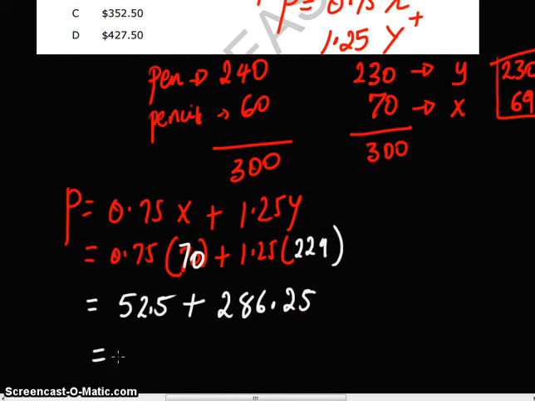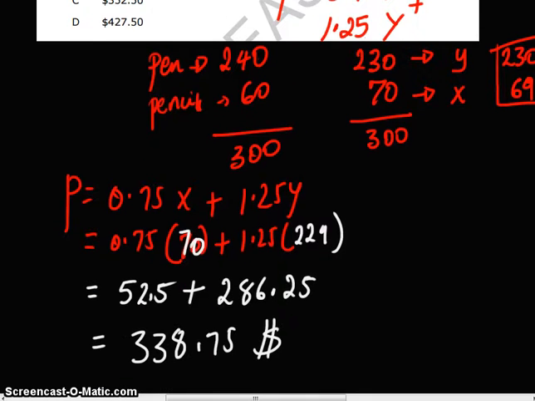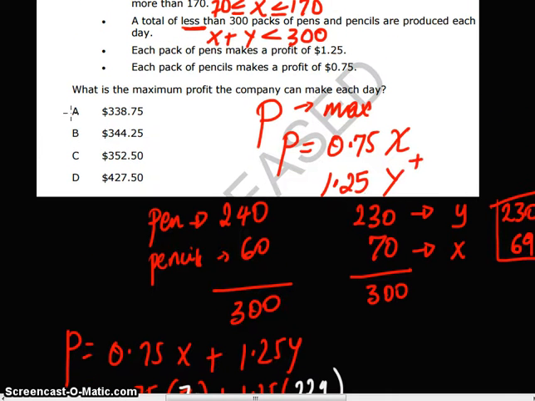So when we combine these two, 286.25 plus 52.5, we end up with $338.75. This is the maximum profit that we can make from selling these two things based on the given constraints. And then this completes the problem. Based on this, the correct answer would be choice